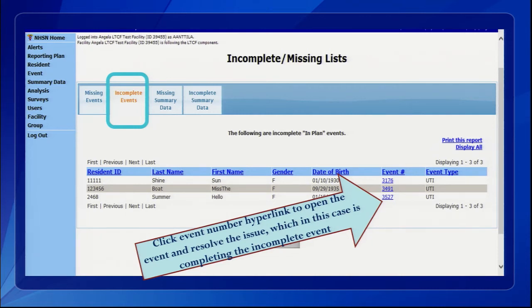It shows me that I have 3 residents that I, for some reason, did not complete entering the event data, but I saved them anyways. So I did not put specifics on the slides, but what you would do is click on that event number, and it takes you to their event page. Most likely what happened is that you left out an element of the UTI protocol, okay? So keep in the back of your head that if it's a UTI event, you probably did not fully enter all of the criteria that's required, okay?